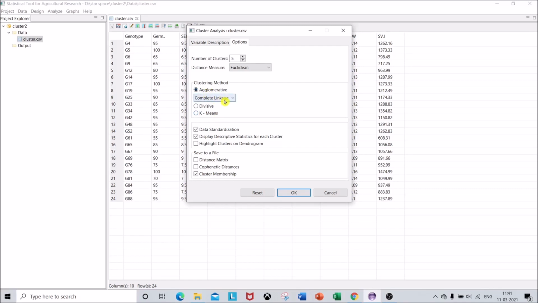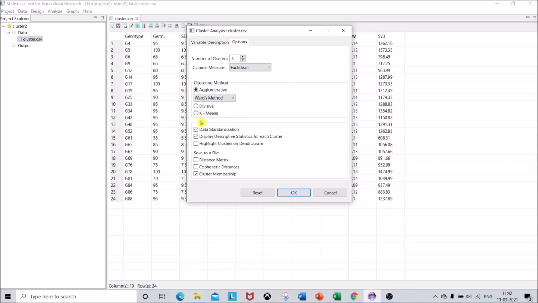Again, under agglomerative we will get 5 more options regarding the algorithms used. You can select either single linkage, complete linkage, average linkage, Ward's method or centroid method. Usually I have seen researchers going for Ward's method, so that will be okay. And the divisive method is mostly useful for social experiments more than anything else. For plant science, agglomerative has been widely used.